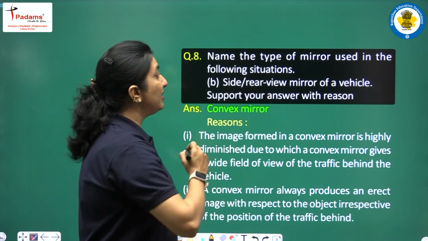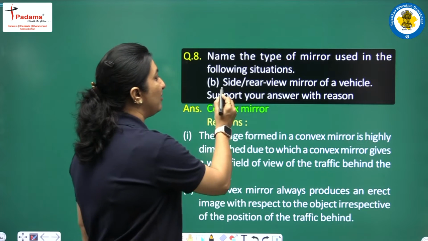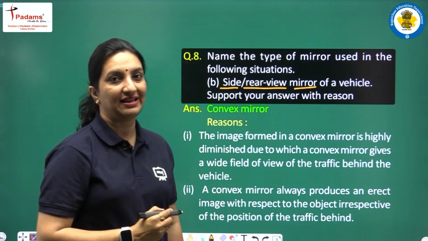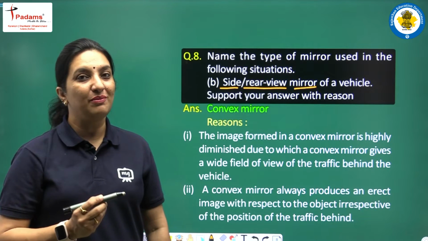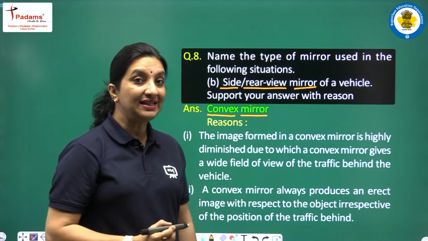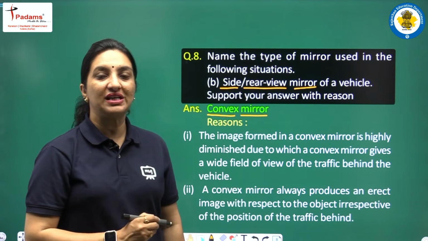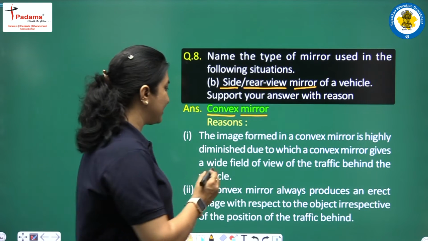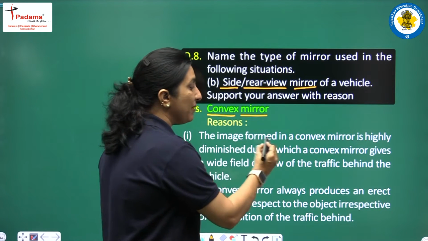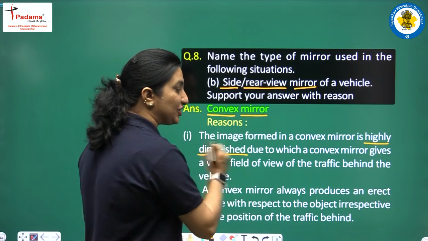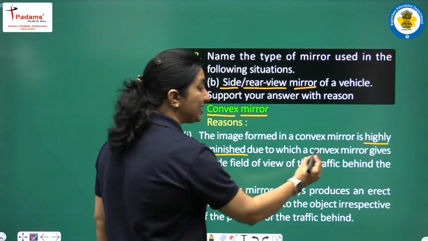Name the type of mirror used in the following situation. For side or rear view mirror of a vehicle. And here students, we will be using convex mirrors. What is the reason? We have two reasons for using convex mirrors for rear or side view mirrors. The first reason is the image formed in a convex mirror is highly diminished, due to which a convex mirror